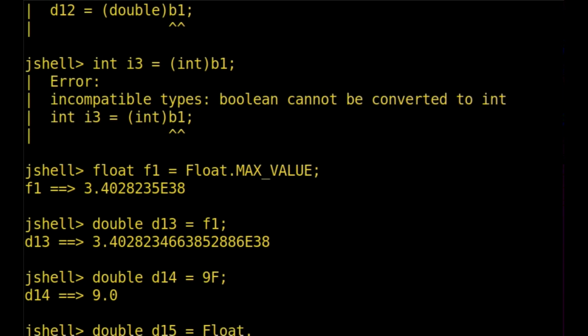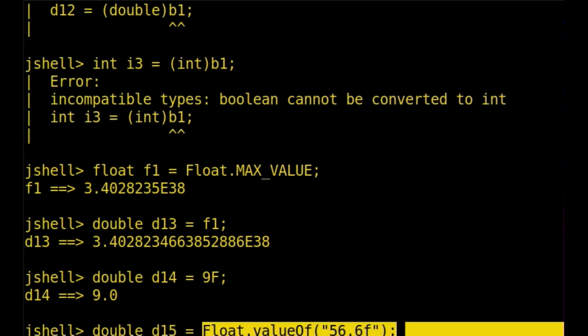And I'm going to use the valueOf method of the Float class, and I'm going to use it to take a string, which we will cover in later lessons. But what I'm doing here is I'm actually using the Float class's static method valueOf, passing it the string 56.6f of type float. That converts it to a float, returns a float value, and that float value I'm assigning to a double, and